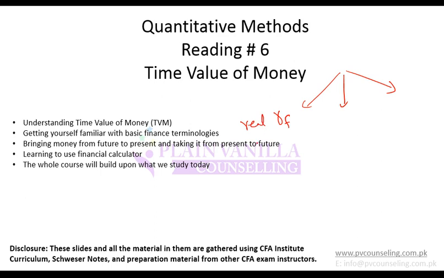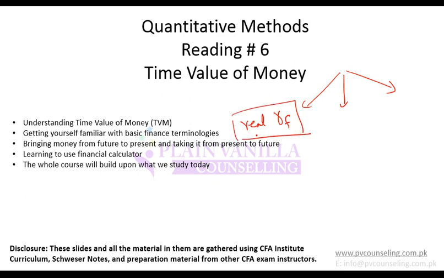the real risk-free rate. What do we mean by real risk-free rate? The risk-free rate is the return which you can receive by investing in a risk-free asset, for example a government bond or a government asset. So if you invest in a treasury bond, or for Pakistan a PIB, that is Pakistan Investment Bond, or any other government bond, it is assumed that the government bond wouldn't have any risk. Why? Because it is assumed that the government will not default. So risk is virtually zero. The return that you get on that particular bond is known as the risk-free rate.